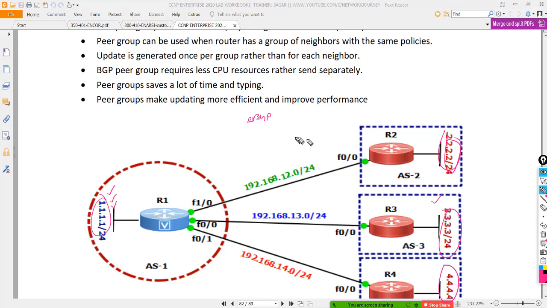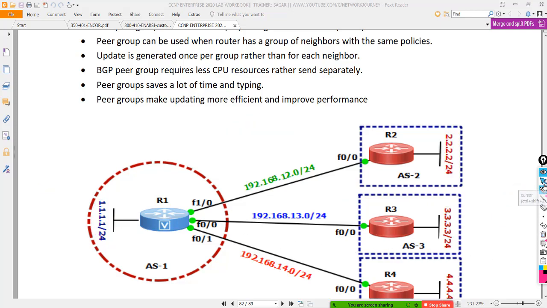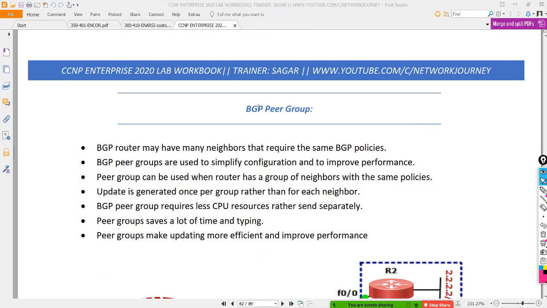Once you have that, you cannot bring up eBGP until you have the multi-hopping and you have the update source. So you need to bring up this topic. Once you get this, as we are making use of 3 different neighbors, you will see the whole set of lines within router BGP start increasing. Here is where you need to bring up your concept of peer grouping.